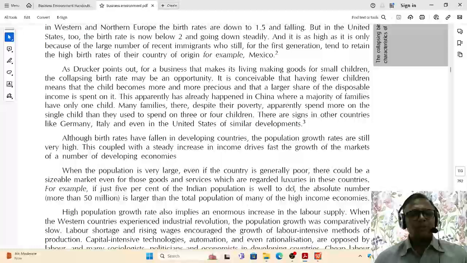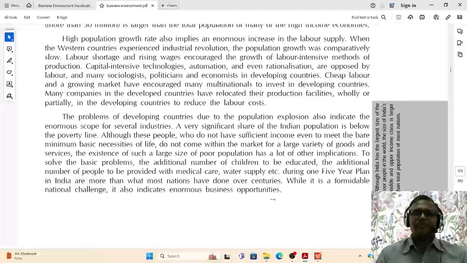Thus, the high population growth rate also implies an enormous increase in the labor force. When the Western countries experienced the industrial revolution, the population size was comparatively slow. Labor shortages and rising wages encouraged the growth of labor-intensive methods of production. And capital-intensive technologies, automation, and even rationalization are opposed by the labor and many sociologists, politicians, economists